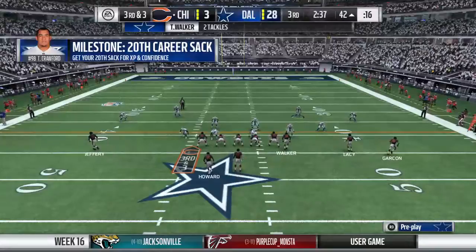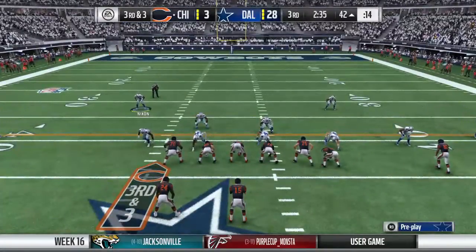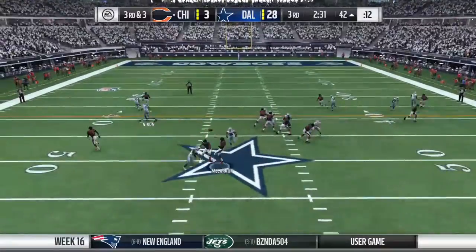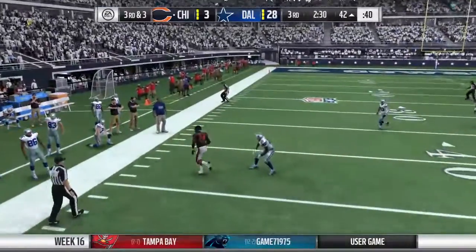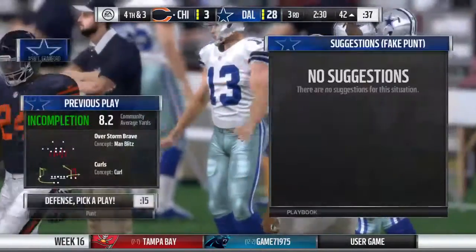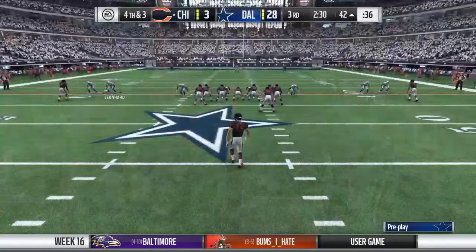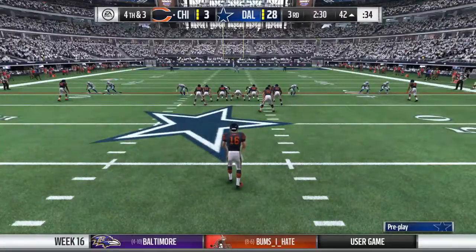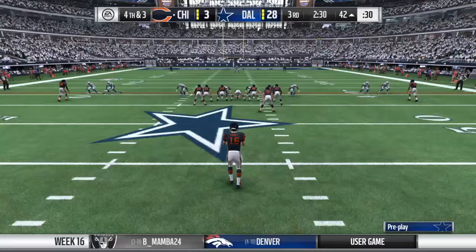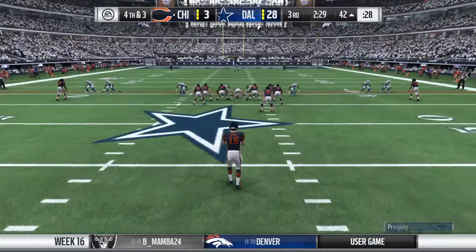On any running play that's called, they're always hoping that it's going to break big and go the distance. But when you get a nice game like that, you're able to do so many things anyway. You can come back and run essentially the same play again, continue to move the ball on the ground, or you can decide to throw the ball now because usually you have the defense back on its heels. It's a tried-and-true formula, and I don't think it'll change for as long as we play football. If someone's trying to throw the ball...